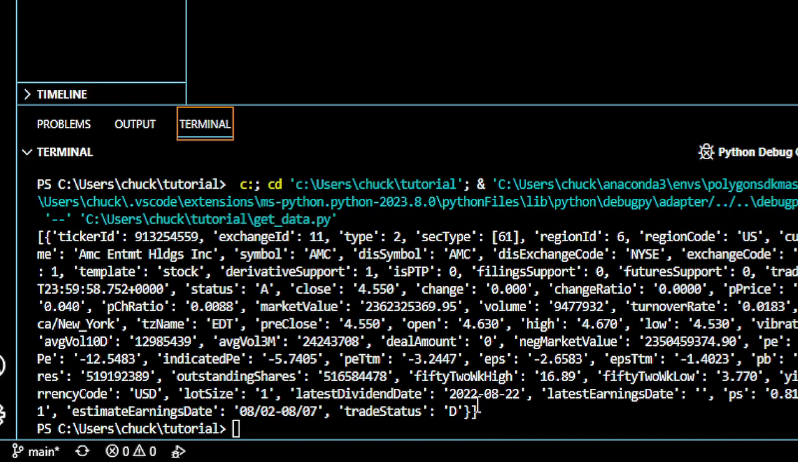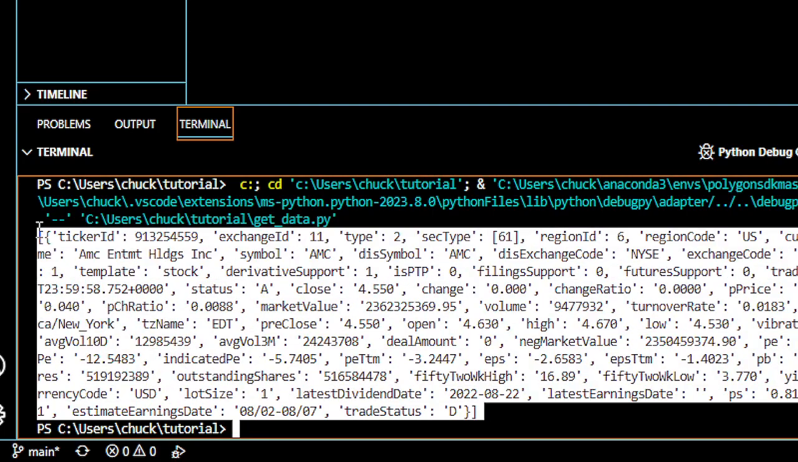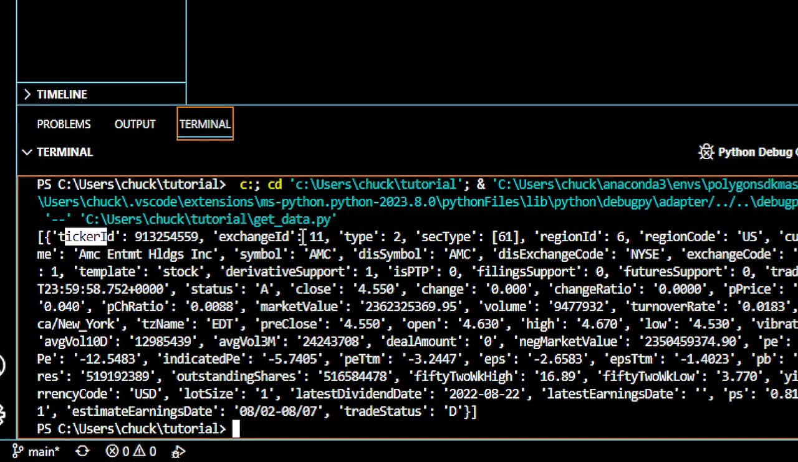So now you can see we have data. Look at that. We have the ticker ID for AMC, the exchange ID, the region ID, the name of the company, the symbol, the exchange code, and then we start getting into more lucrative data that we want, such as the change ratio, which is going to be 0 because the